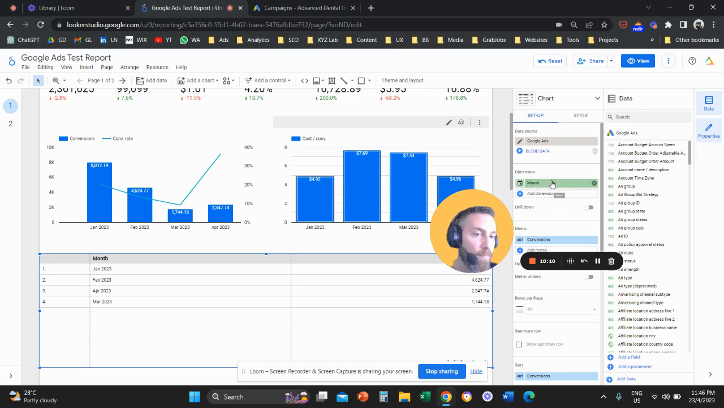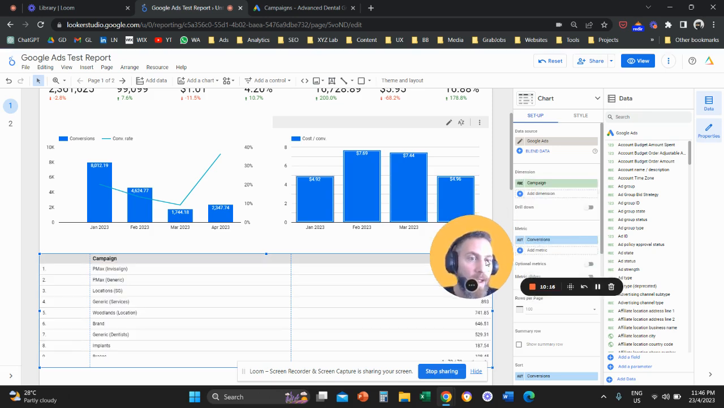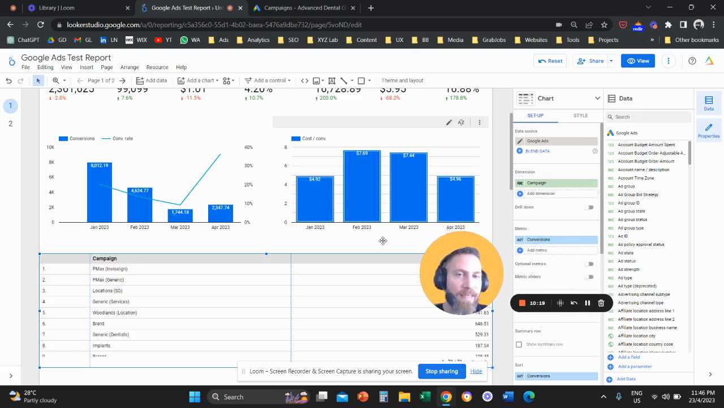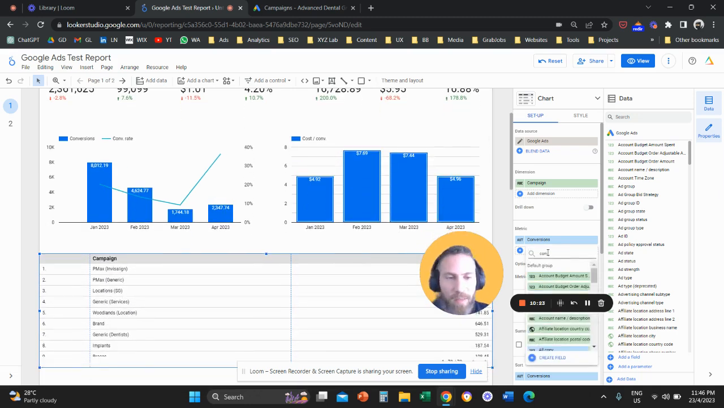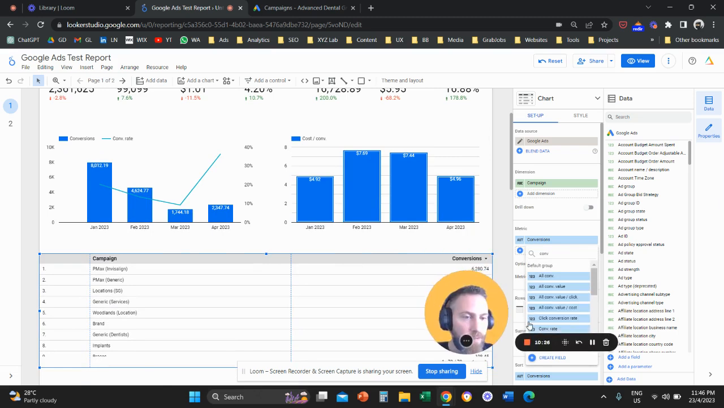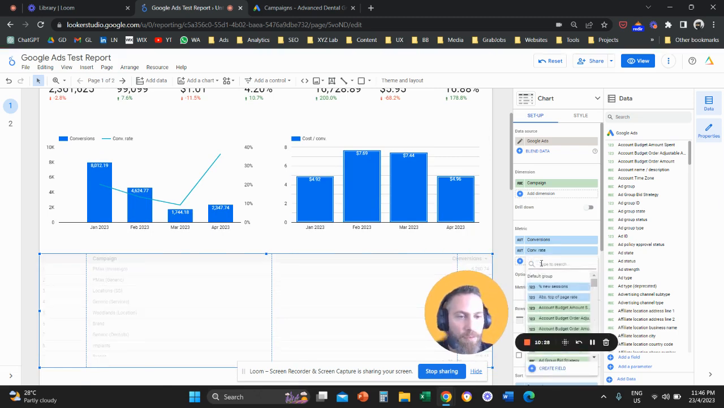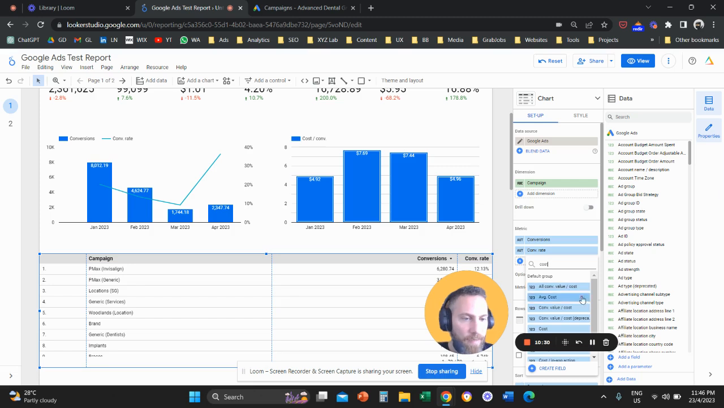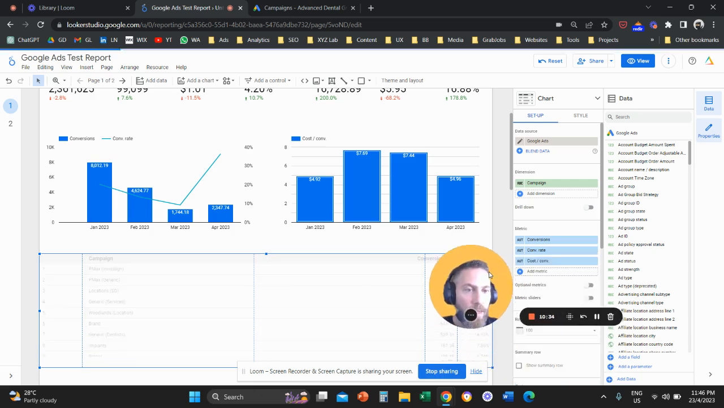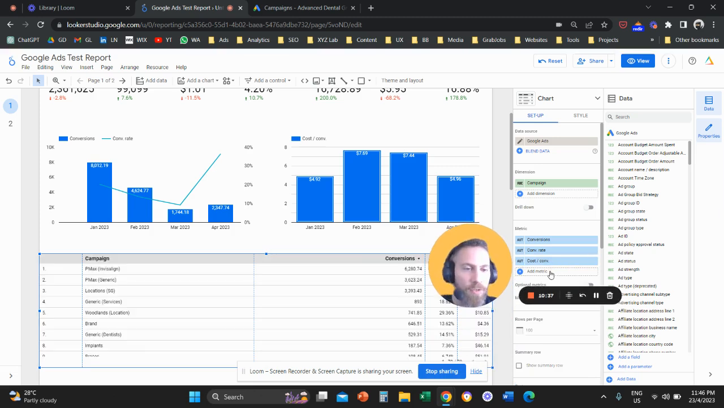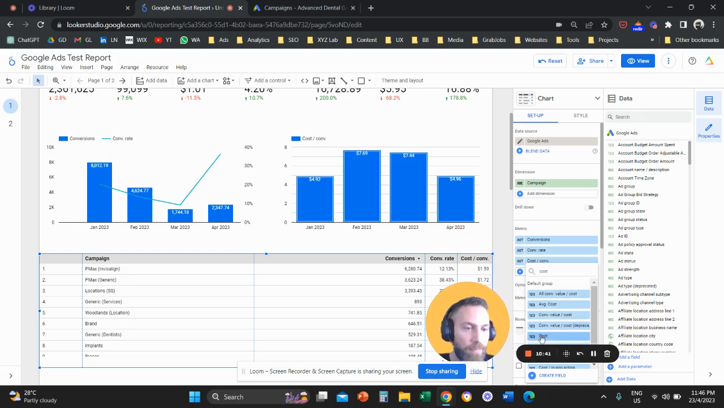And from the right-hand side, we're going to select campaign. Don't misspell it like me. So select campaign. And then we're going to add the metrics that matter. So I want to see conversions. I want to see my conversion rate. I want to see my cost per conversion. And I also want to see perhaps some supporting metrics like cost, for example, how much